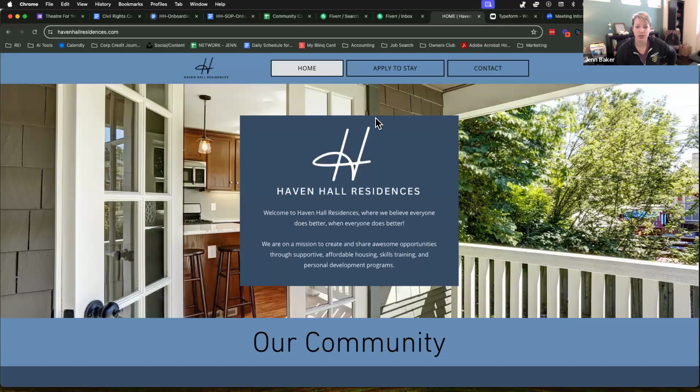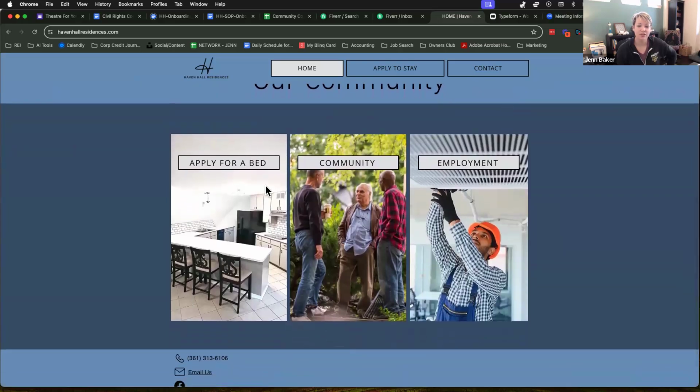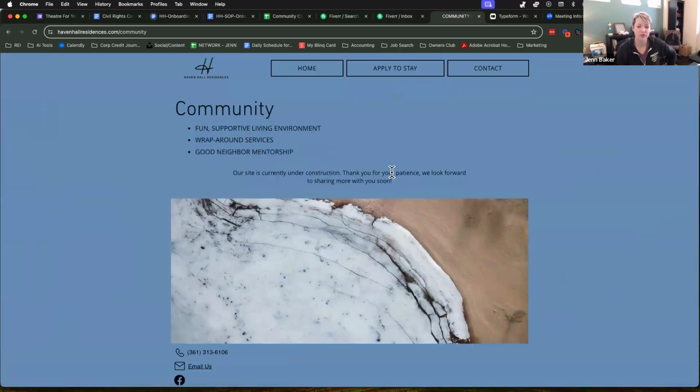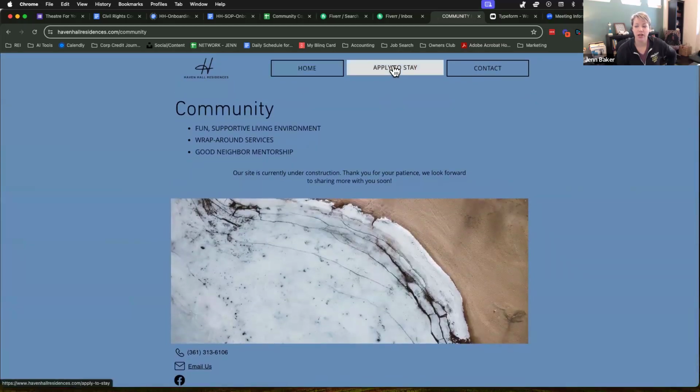Let me show you this real quick. So it's home, apply to stay, contact. That's all of our forward-facing pages. These are very simple pages that will be built out a little bit further. Right now, it's pretty much a placeholder. I put a little bit of text, and I'll flesh those out when it becomes pertinent. But if you go to apply to stay,